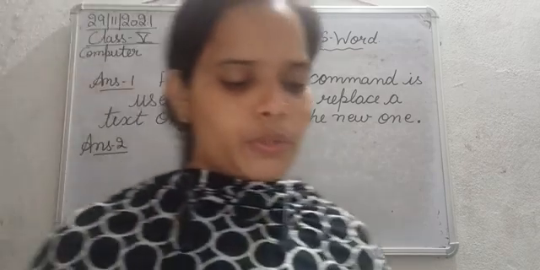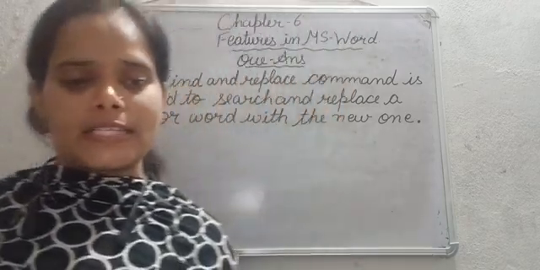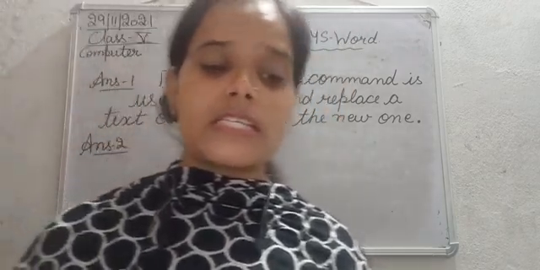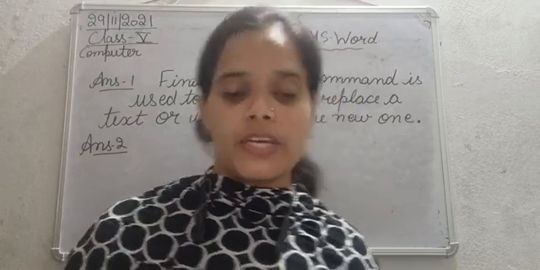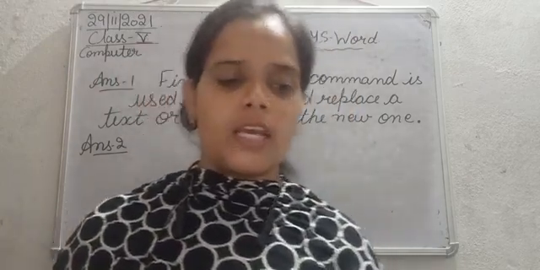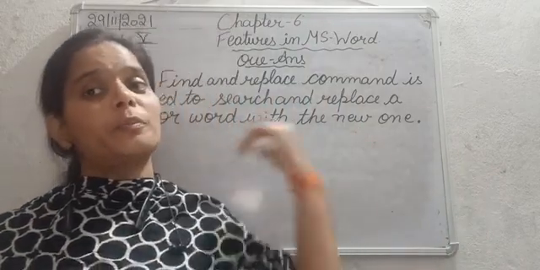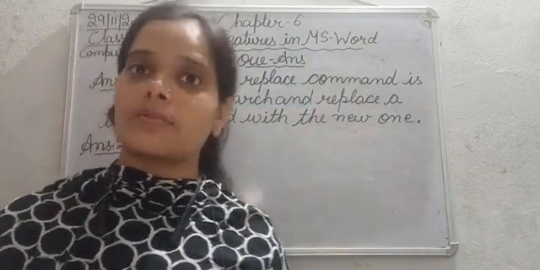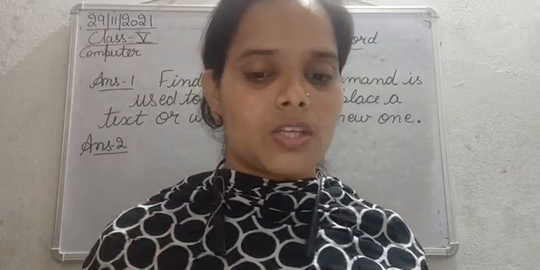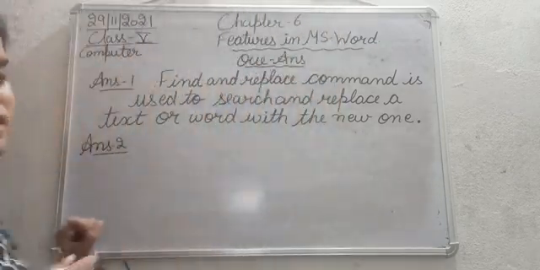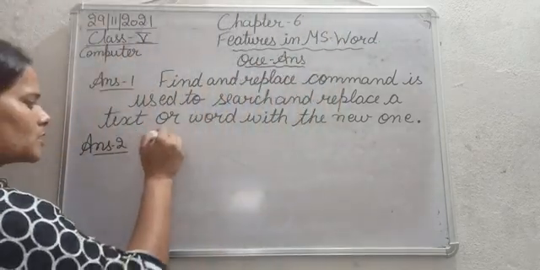The question number 2 is, what is thesaurus? So thesaurus is a list of words grouped together, containing synonyms and antonyms. So when different words are grouped together, that are synonyms and antonyms of the word, that is known as thesaurus. So write down, thesaurus is